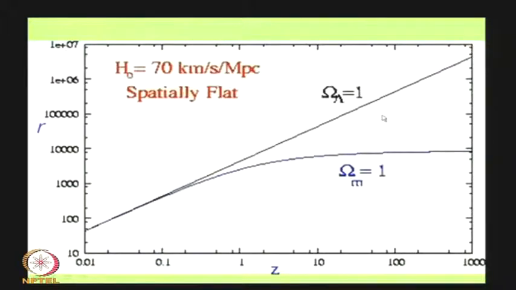So, the way the comoving distance varies with redshift is crucially dependent on the cosmological model that we have, through the dependence of the Hubble parameter H on the scale factor. The scale factor has different dependence on time for different cosmological models. Okay. The other thing that is important, which I should also show you now, is that you have another function, which is S. You have two functions coming into the picture.